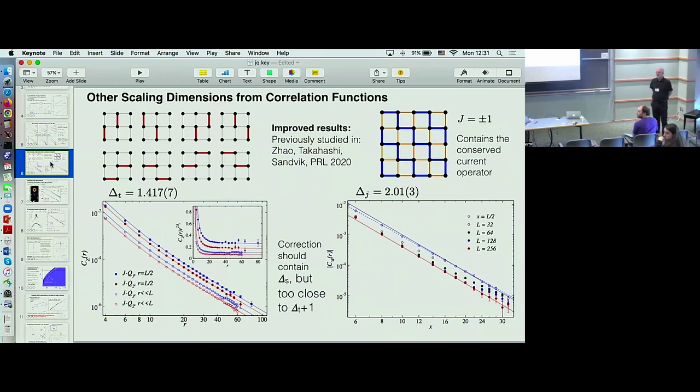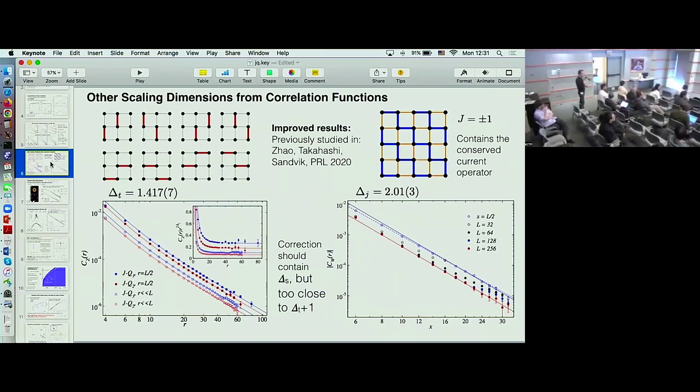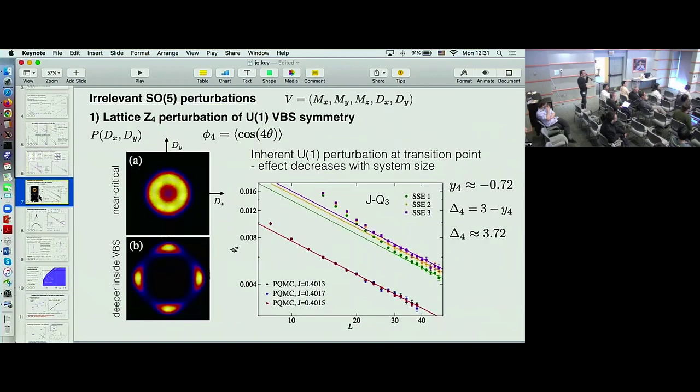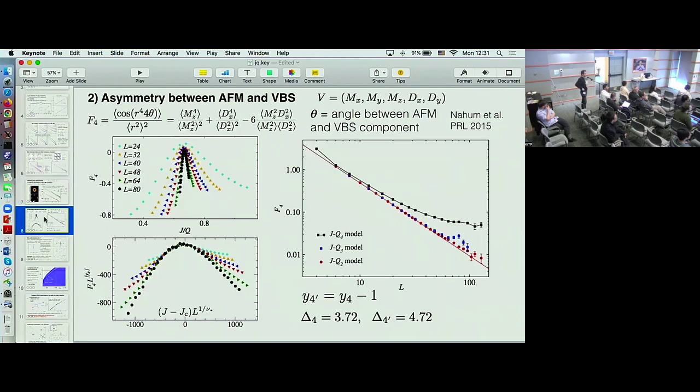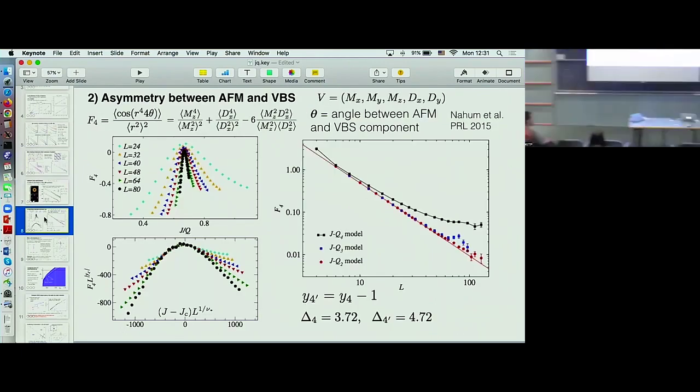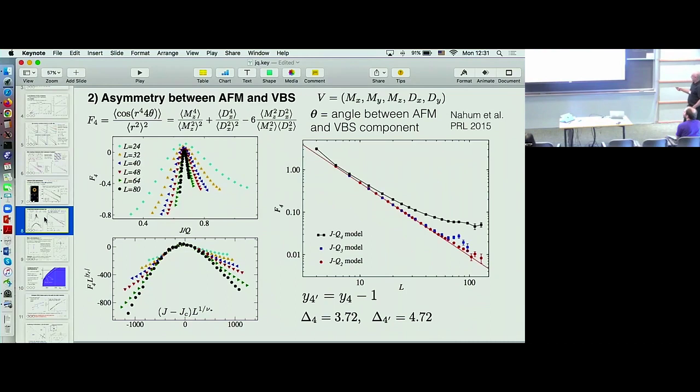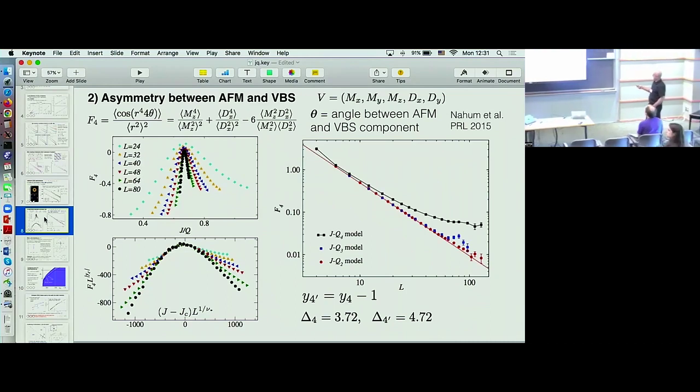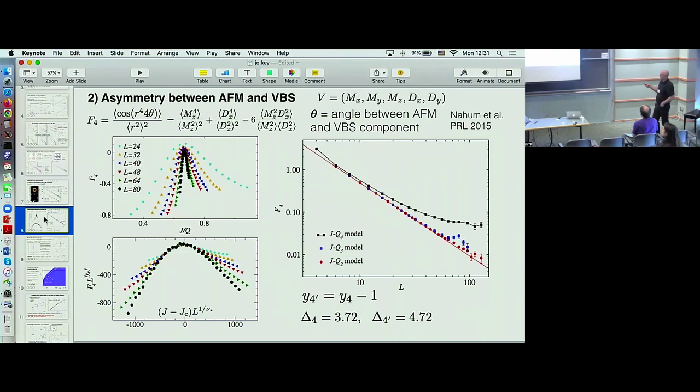Could you summarize the evidence that it's SO5 symmetry as opposed to SU2 cross U1? Because when you're computing all these things, you're computing it for a specific operator. Presumably, if you want to check SO5, you'd have to show that different operators have the same scaling dimension. Yeah, right. But I guess just the fact that this decays, wouldn't that imply that it cannot be the lower symmetry that you mentioned? There's no reason that